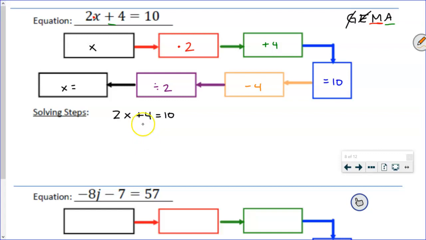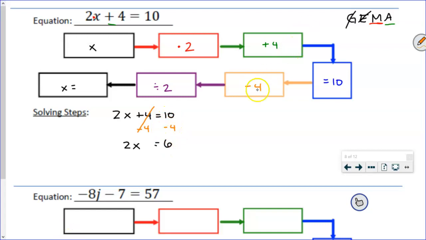whatever I do to one side, I need to do to the other. So if I'm going to take away 4 from here, I need to take away 4 from the other side of that equal sign. Now that I've remembered to keep it balanced and do the same thing to both sides, now I realize, oh yeah, this is undone, so I can put a slash through it. So what is it that I'm left with? I added 4, but then I took away 4, so all I have is 2x. And that 2x is equal to and balanced with 10 minus 4 is 6. I don't write the 10, I don't write the minus 4, I write what 10 minus 4 is, which is